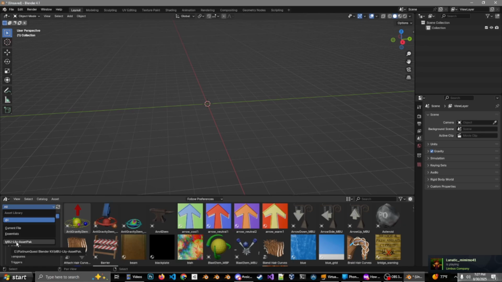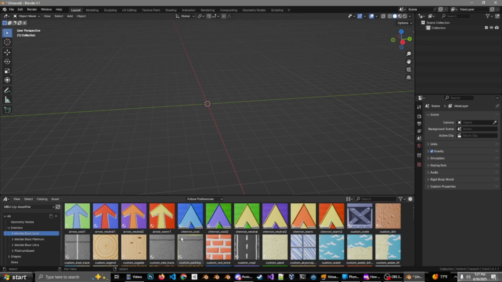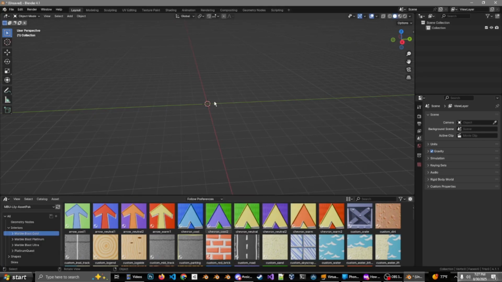Let's go ahead and click MBU Lily Asset Pack, and we should now only see Marble Blast related assets. So in this project, let's go ahead and just work with Marble Blast Gold's assets. So let's go to Interiors, Marble Blast Gold, and we should see Marble Blast Gold textures here. So once we have that,